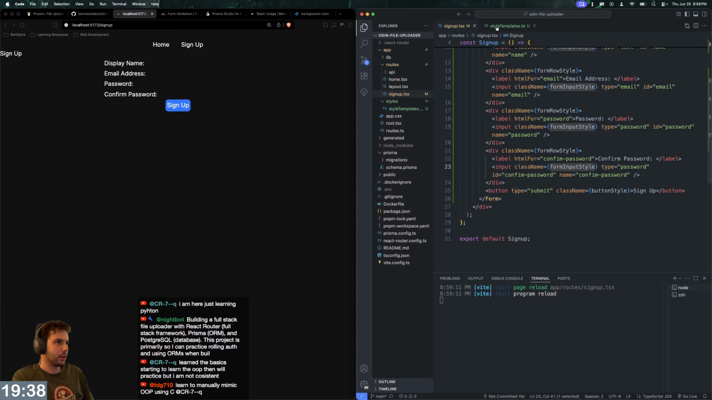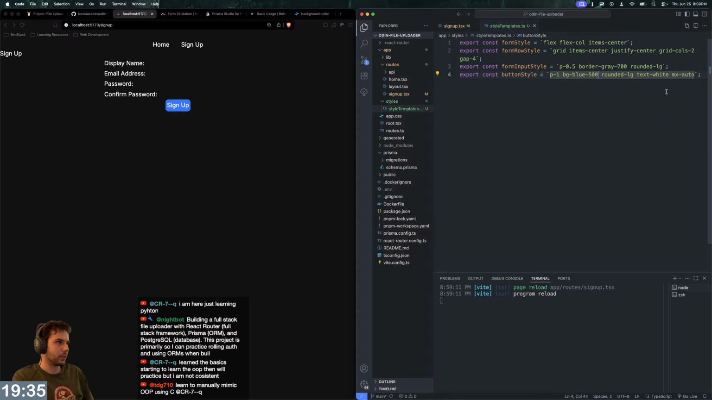Okay, what's wrong with the border here? Oh, border. Not BG blue 500, border gray 700, border 1, 2 maybe. And then for the form row style, maybe not that big of a gap, maybe like a,